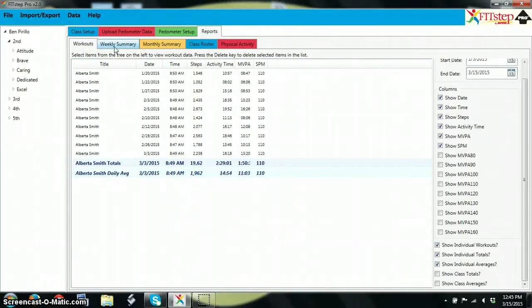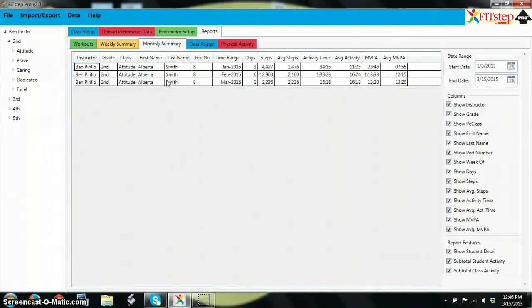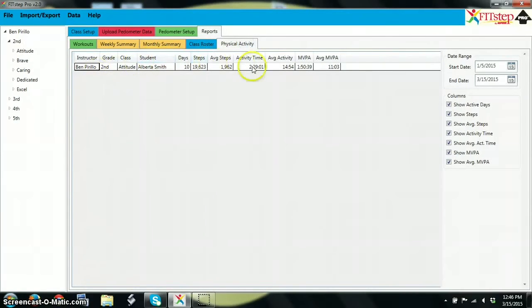So if I want to do a weekly summary, I can go to weekly summary. Now you notice I only have one student. That's because I went ahead and selected the student out of that group, just for, like I said, to protect the names of the other students. I could do monthly, whatever they did for each month. And I'm not going to do class roster because it'll show my students' names. And if I go over to physical activity, it will have their whole